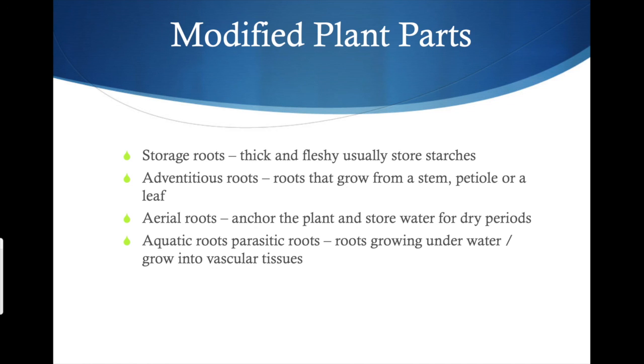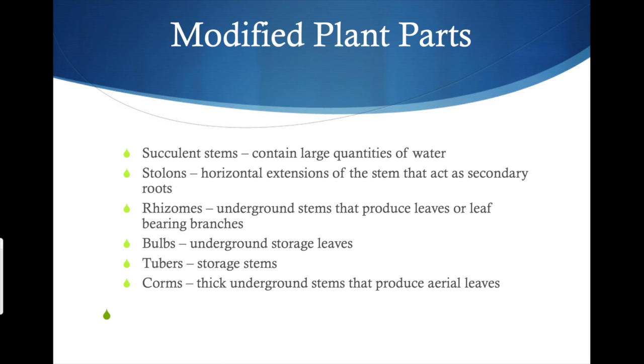Like storage roots, thick and fleshy roots that store starches; adventitious roots, roots that grow from a stem, petiole, or a leaf; aerial roots, which anchor the plant and store water for dry periods; aquatic roots and parasitic roots, roots that are growing underwater or grow into vascular tissues; succulent stems, which contain large quantities of water; stolons, horizontal extensions of the stem that act as a secondary root; rhizomes, underground stems that produce a leaf or leaf-bearing branches; bulbs are underground